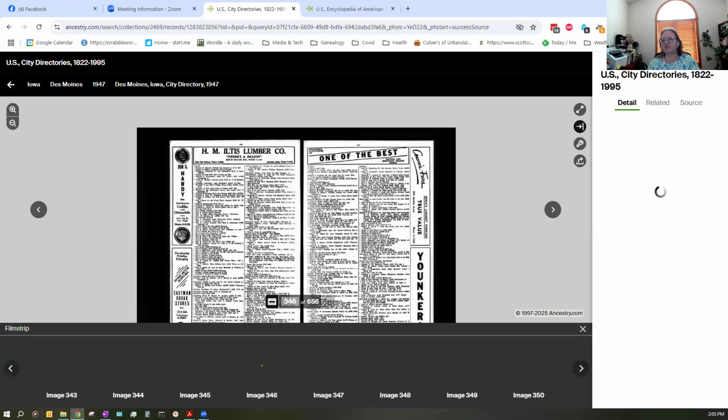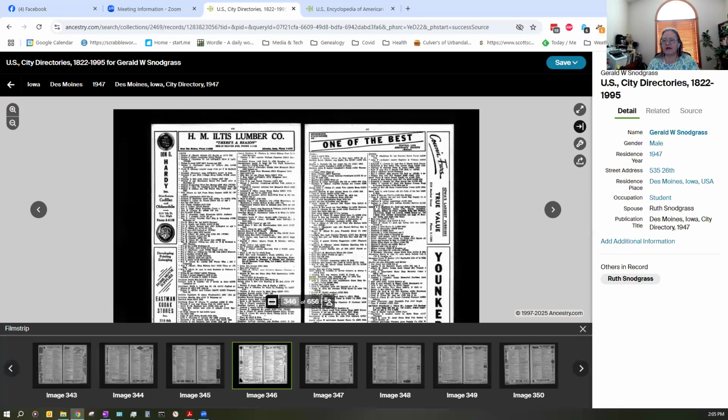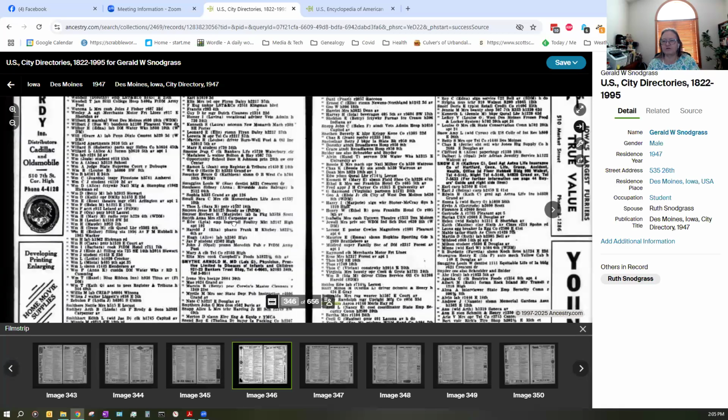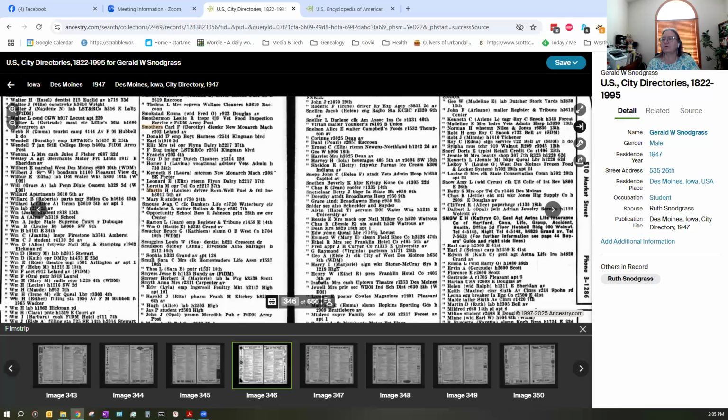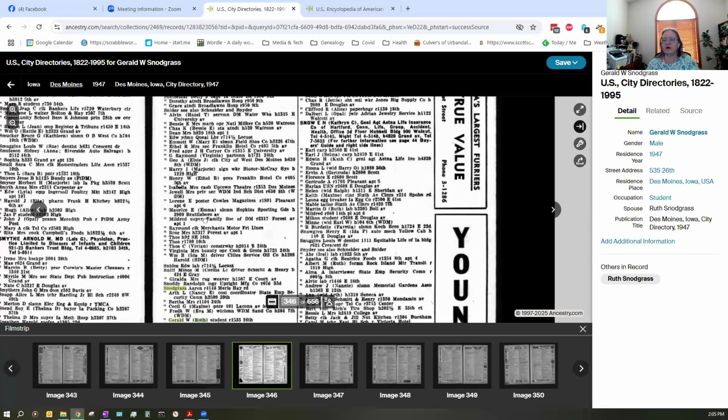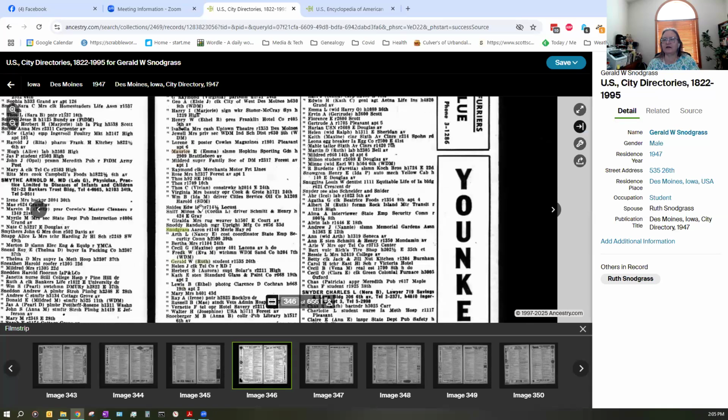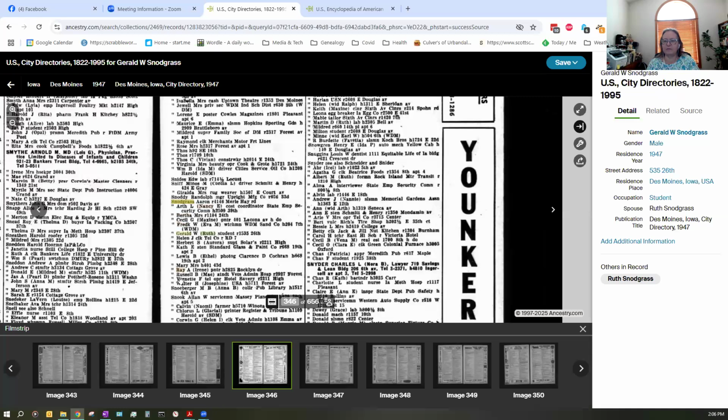And the other thing that's kind of fun is you can see for the year that you're looking at what the advertising was going on. So these are alphabetical. Smothers, no, Snodgrass. So you can see here it's highlighted Snodgrass, Aaron, and they're in alphabetical order down to Schnurberger. So I can look here really quick. I get Frederick, wife Eva. He's a watchman in West Des Moines Sand Company and he was living on 7th Street in